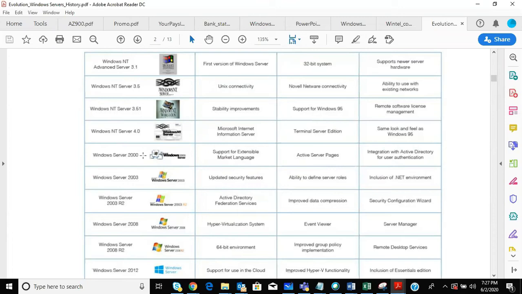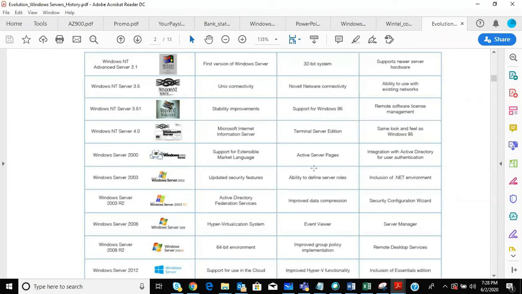Active Directory got introduced in 2000, and it was not really mature enough to be confident about your Active Directory security and everything. It was actually in the starting phase of the Microsoft journey of Active Directory. In 2003, it got mature enough to manage big, large enterprise environments, so more security features got introduced.